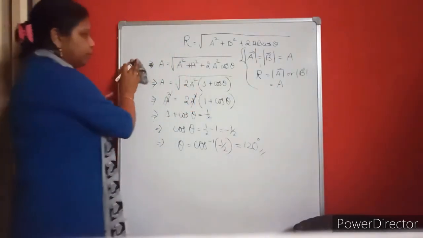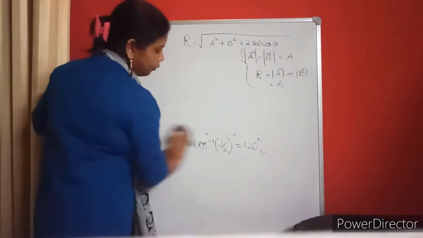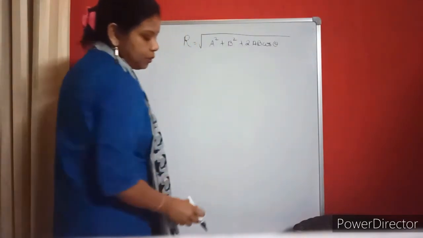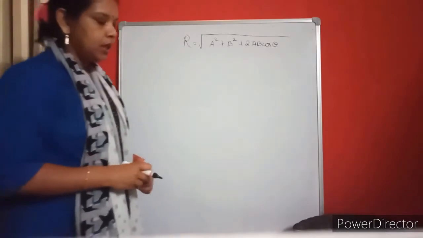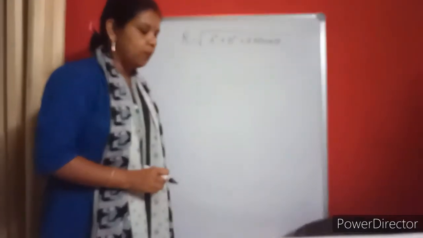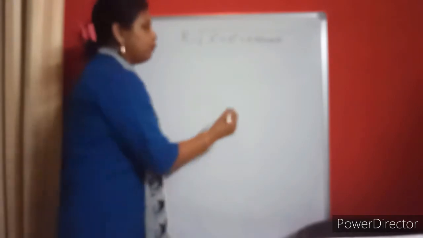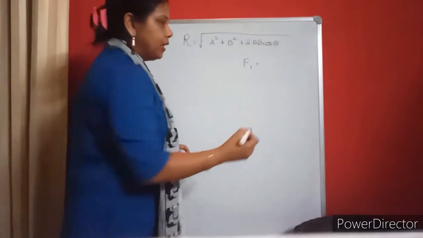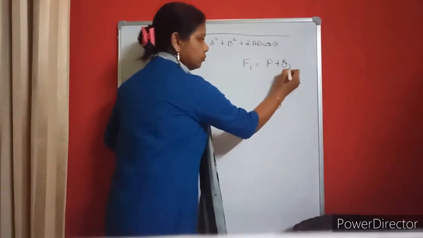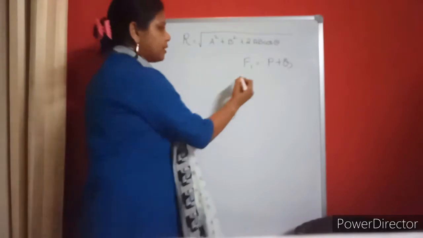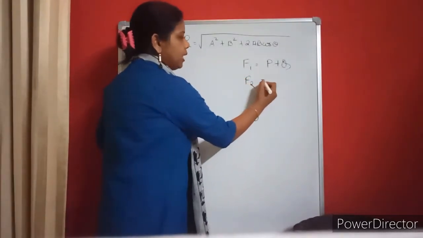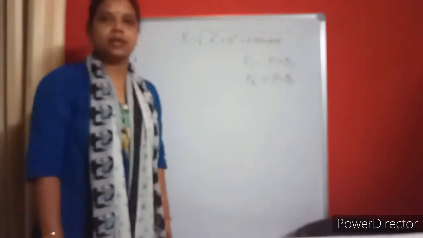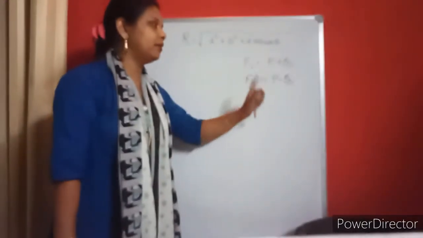Let's move to question number 4. In question number 4 it is given that again we have to calculate the angle between the two vectors. It is given that there are two forces again. Suppose I am writing force F1, it is P plus Q. And there is another force, suppose this is F2, it is P minus Q. No doubt in the question it is given that there are two forces, but you should understand that the forces are vectors. So I can write this one like this.